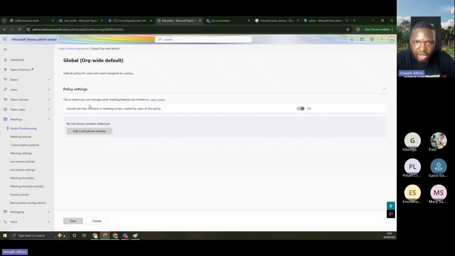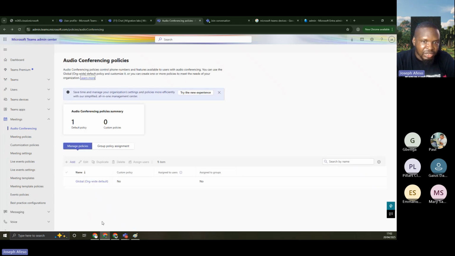What are you supposed to have? Include toll-free numbers in meeting invites created by users of this policy. So it is turned on by default. So if you have a toll-free phone number, once someone has an audio conferencing license and is setting up a Teams meeting, then the policy is going to allow them to attach that toll-free phone number. It therefore means that when people call into your organization, then your organization will be the one to pay for